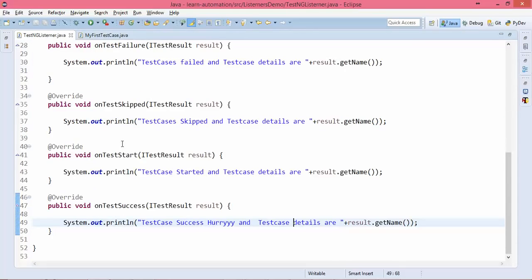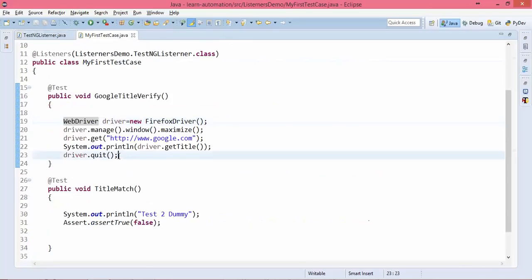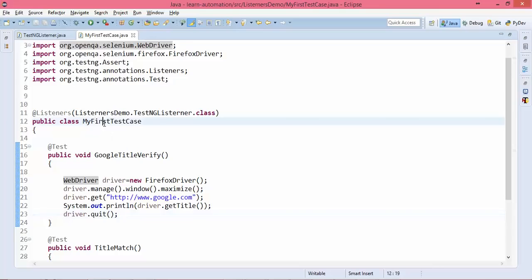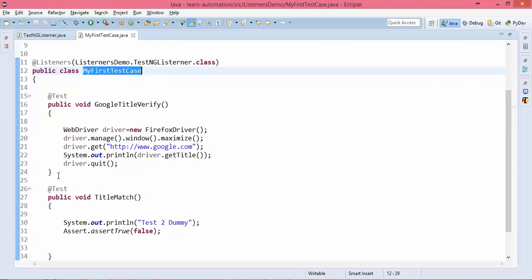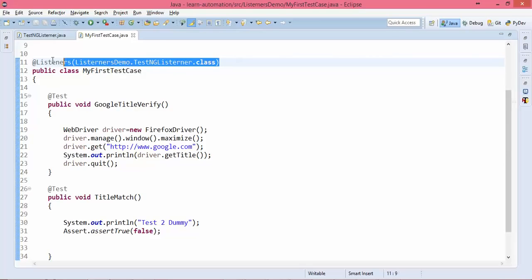And I just modified this, just for the example purpose. You can change all of this based on your company requirements. Now take an example: I have one class and two test cases, but what about 10 classes? If I have 10 classes and I want to implement this listener, is this helpful? No. Why? Because I'm binding this listener to the class level. So if I'm writing 10 more classes, every time I have to add this listener into each and every class. That is not the recommended way.